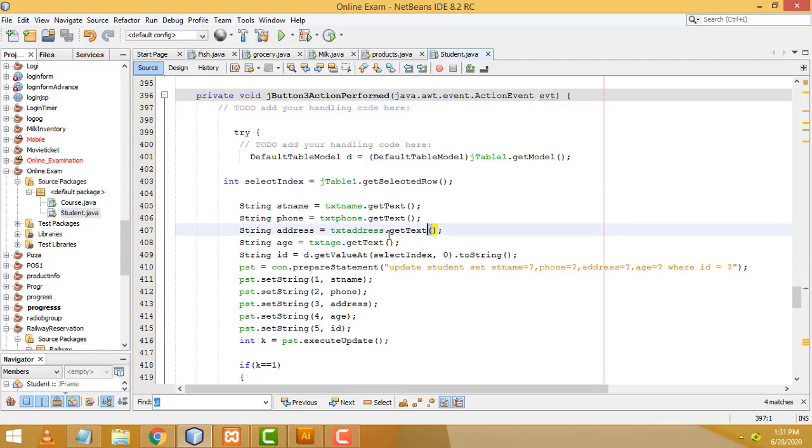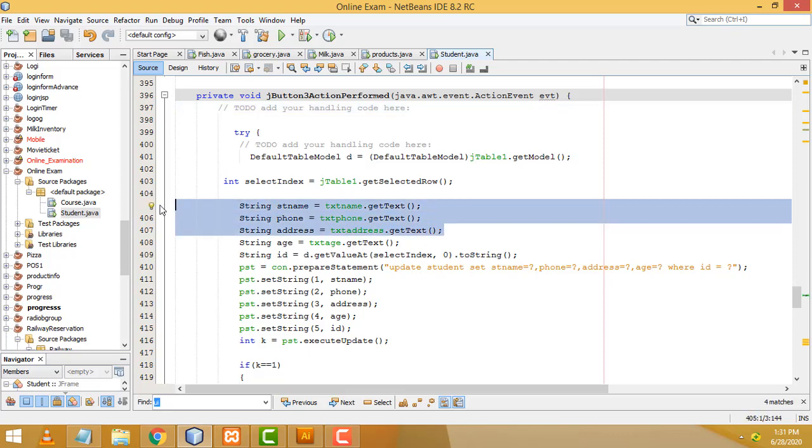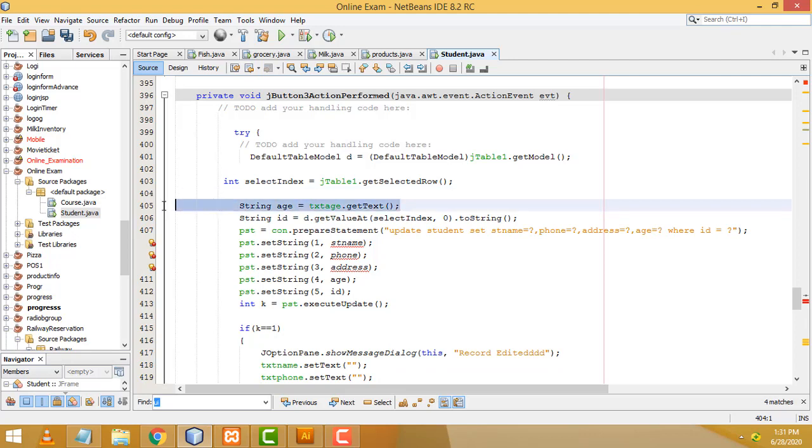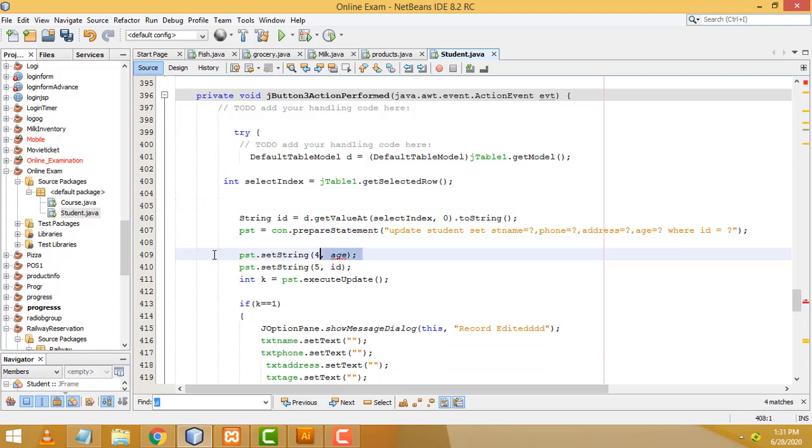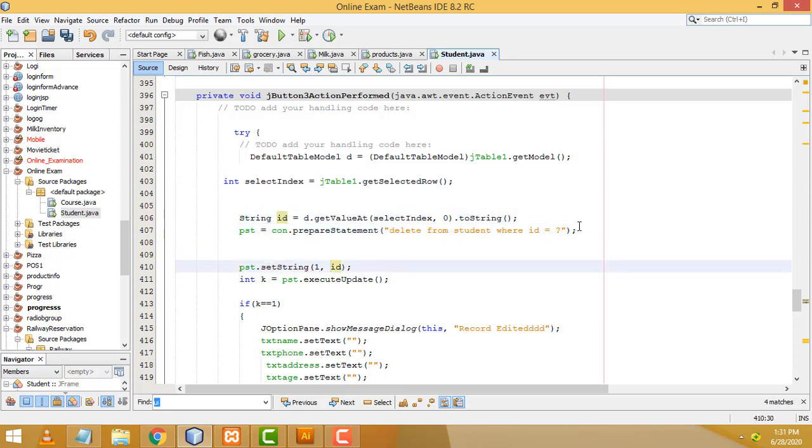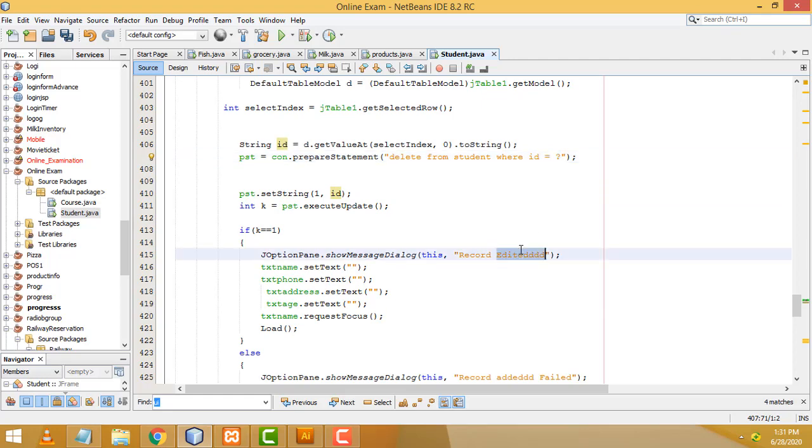We don't need these columns, all the stuff. We only get the ID and delete the record. So we only need the ID. We don't need these fields, age, all the stuff. Only the ID one. Okay, we have to write here: your change is only delete from which table are you going to delete? Student table, where ID equals the first ID coming here. It is put in here, along with the question mark, it's deleted, record deleted. That's it. That's the task you have to do.